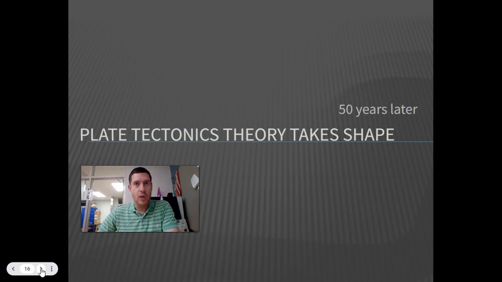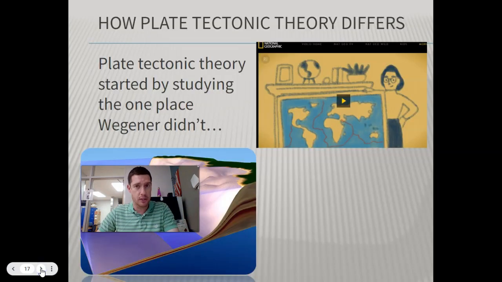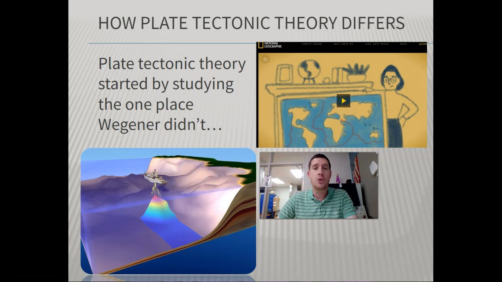Well, as discoveries often are, unintentionally, something is found in a place where Wegener could never have looked: the ocean floor. And scans of the ocean floor would reveal something wondrous, something no human being had ever seen, and it changed the face of geology and humans' understanding of the earth through time. And you are about to simulate the finding of this discovery today.